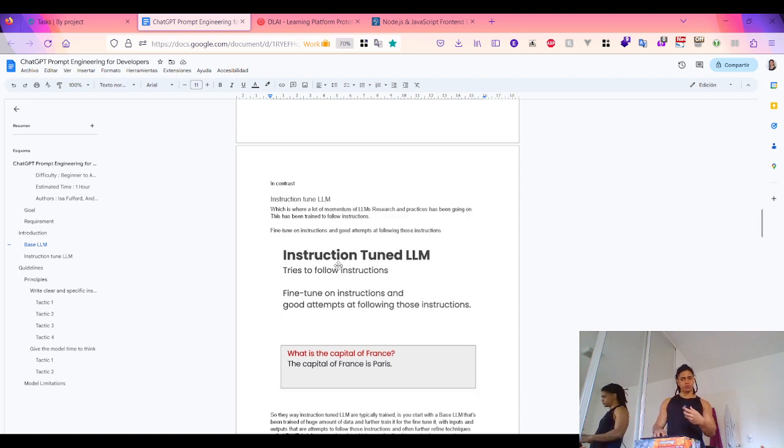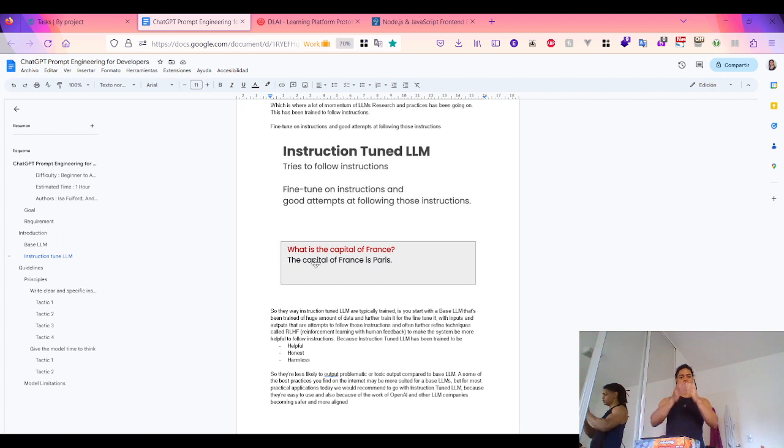And the way you train an instruction tuned LLM is you start with a base LLM trained with a huge amount of data, and then further train it and tune it with inputs and outputs that attempt to follow instructions, using refined techniques like reinforcement learning with human feedback to make the model much more helpful. And because these models were trained to be honest, harmless, and helpful, it is less likely you get a toxic or problematic output